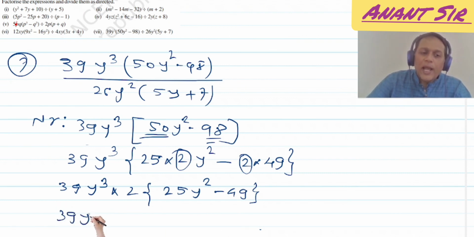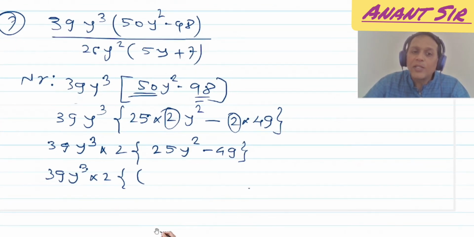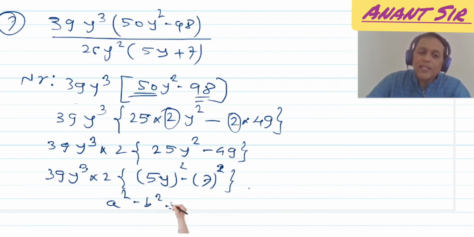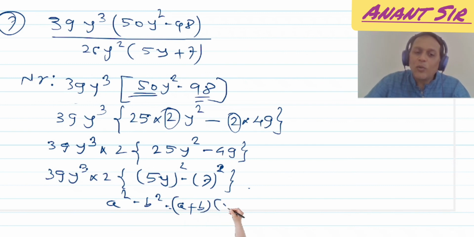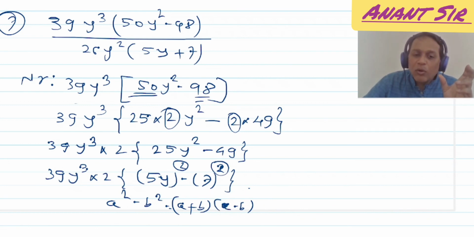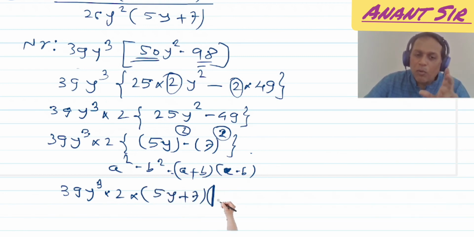So it is 39y cube into 2 multiplied by, now I can write this 25y square as (5y) whole square minus (7) whole square. Now we can use this formula, a square minus b square is equal to (a plus b)(a minus b). So now the squares are of 5y and 7. That means we will write 39y cube into 2 as it is, and 5y and 7 we will write once with a positive sign in between them,